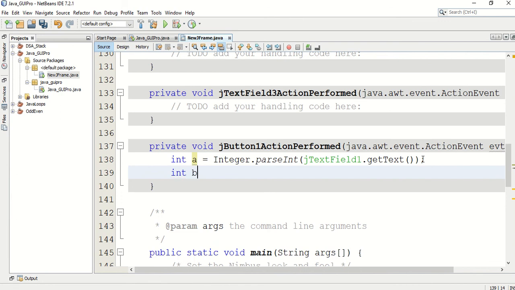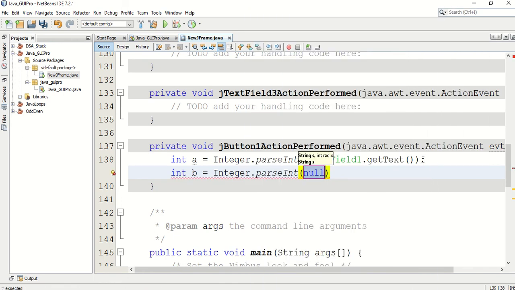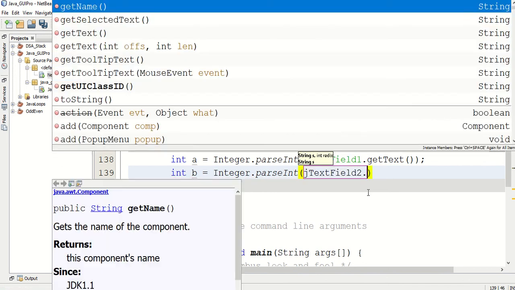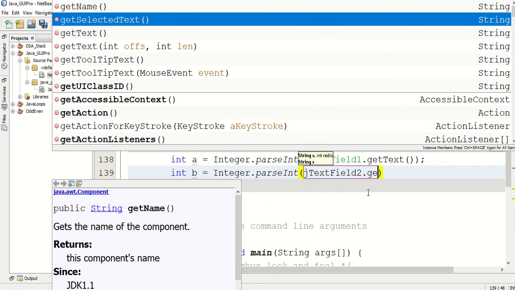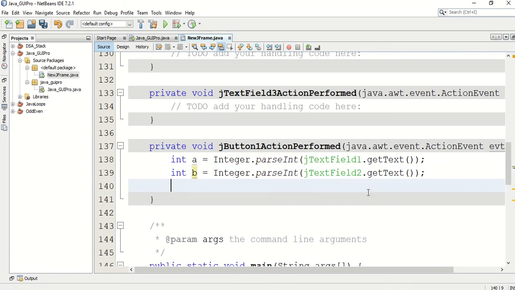Then integer b also, getText. Again integer c.